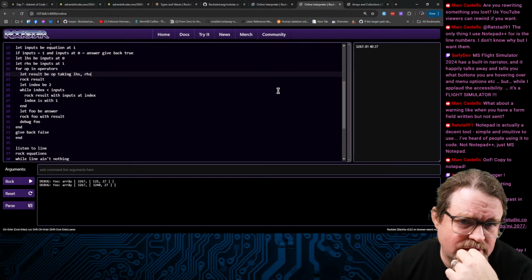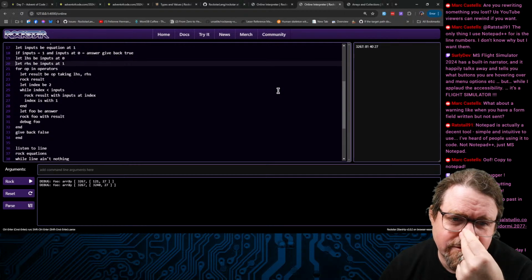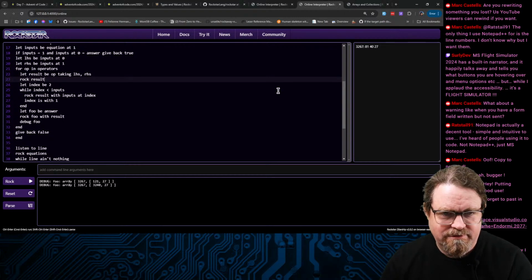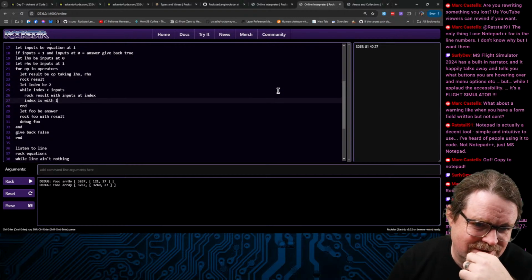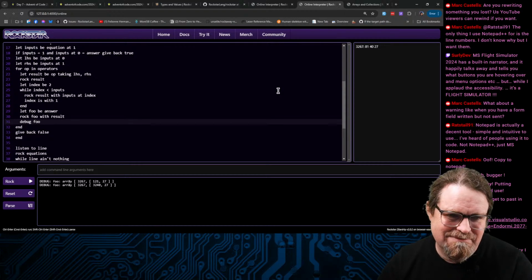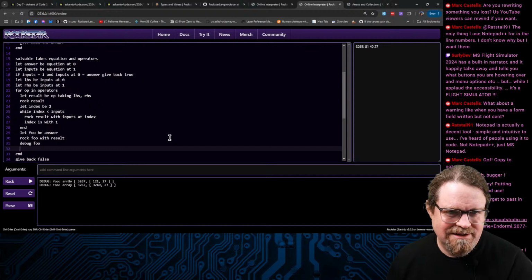Let result be operator taking left-hand side, right-hand side. Rock result is fine. Let index be 2. That's fine. Rock foo with result gives me the thing I need to pass into the next iteration of this thing, which is if